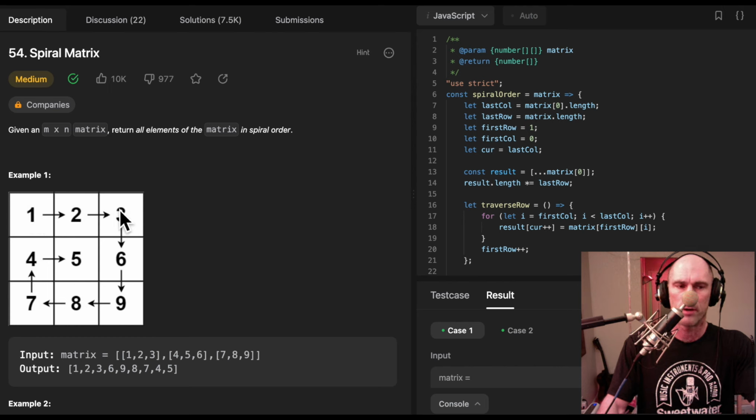So we go across the first row, and then we're going to go down the remainder of the last column to the last row. We're going to decrement our last column pointer at that point, and then we're going to traverse the row in reverse, decrementing the row pointer before we do that, and that's going to be 8 and 7. Then we're going to traverse the column in reverse, and then we're going to increment the first column pointer,